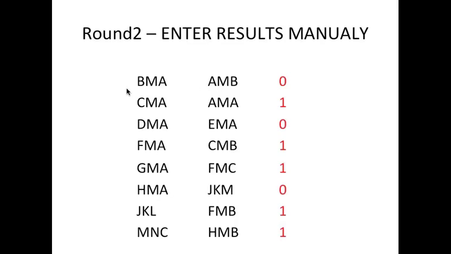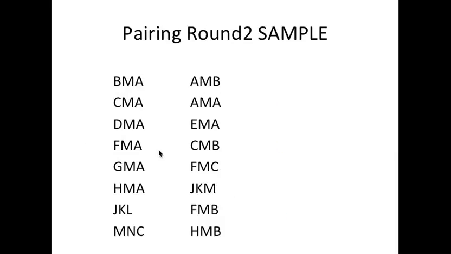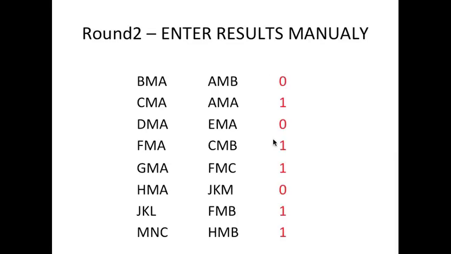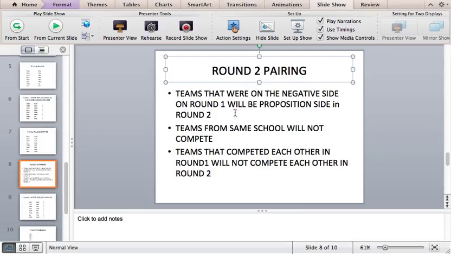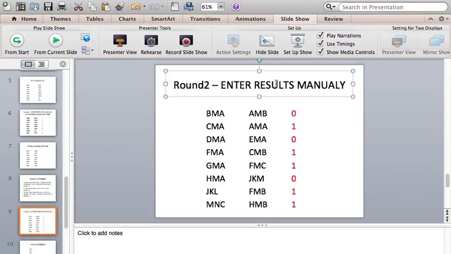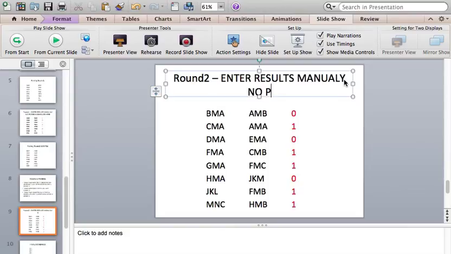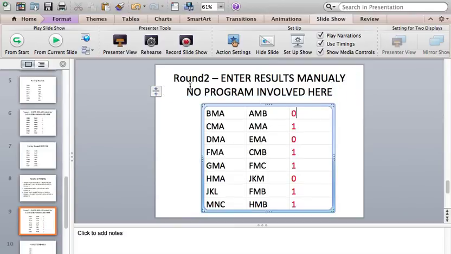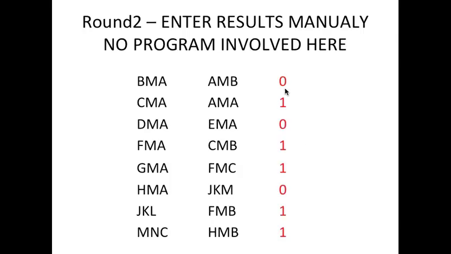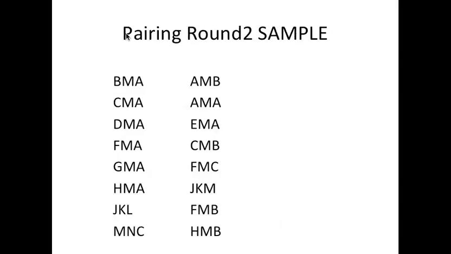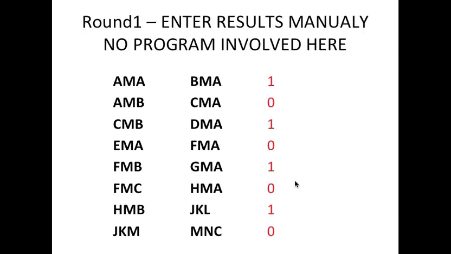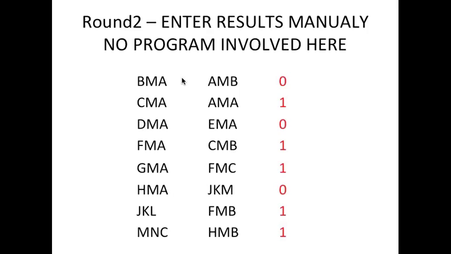And the user, once your pairings are done, enters results again. Let's pretend, no program involved here. Okay, so you enter manually. So now you have the results from 2 rounds, round 2 and round 1. All right. So you know the winners of round 1, you know the winners of round 2,